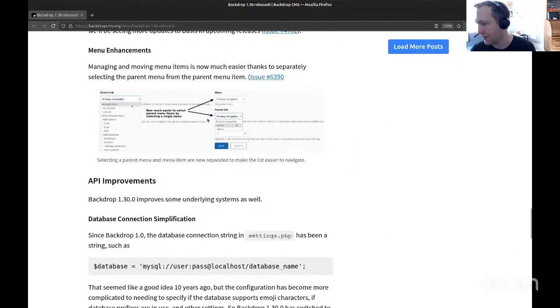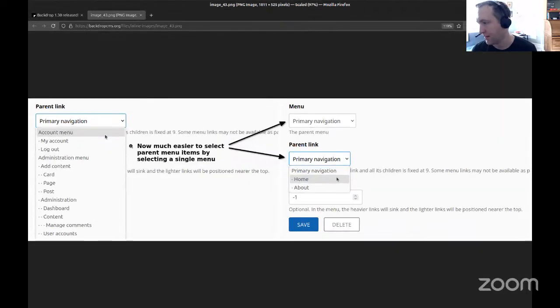This menu enhancement makes it so that, it used to be when you were selecting a parent menu item, it would show you all of the menus and all of the links in all menus in one big dropdown. And we improved that by splitting it into two. So you first choose the menu, and then you choose the parent item that is a subset of that one particular location. Obviously very valuable where the administration menu is like the biggest menu in Backdrop out of the box,